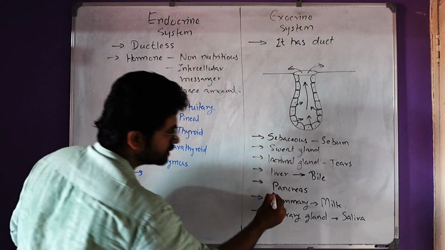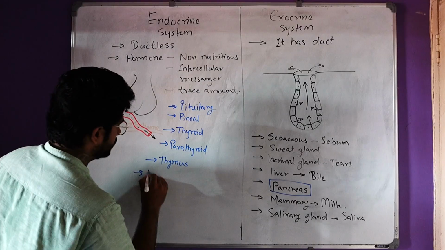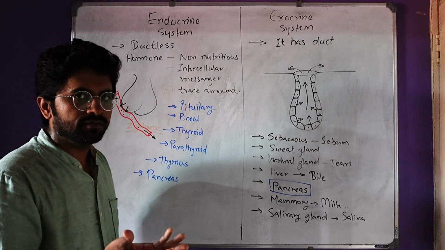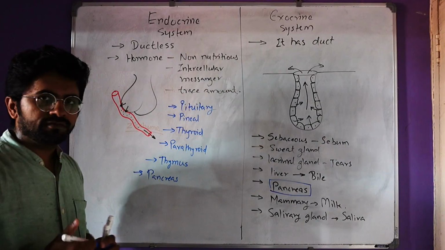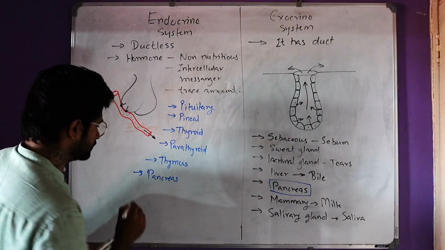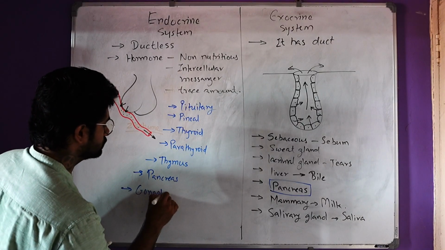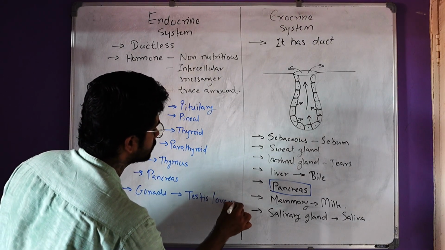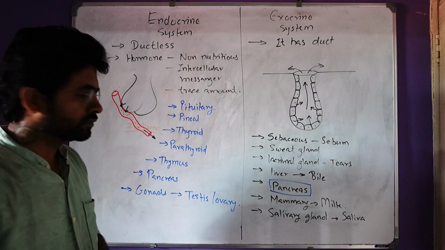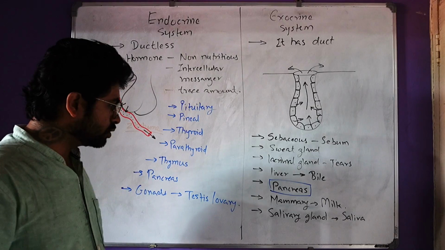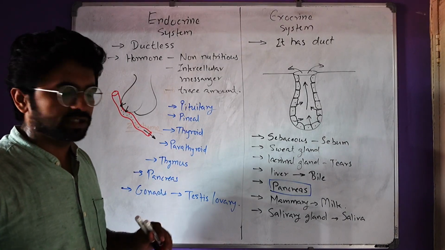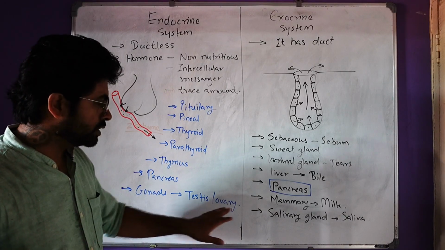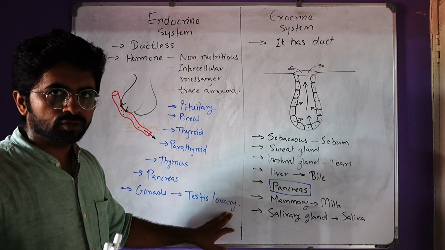So pancreas is present here also. Why? I will tell you later. Pancreas. After pancreas, if you go down, then you have gonads, so testes and ovary. Okay. So these are all endocrine glands, because inside the testes, testosterone is produced, inside the ovary estrogen and progesterone are produced, and they are released